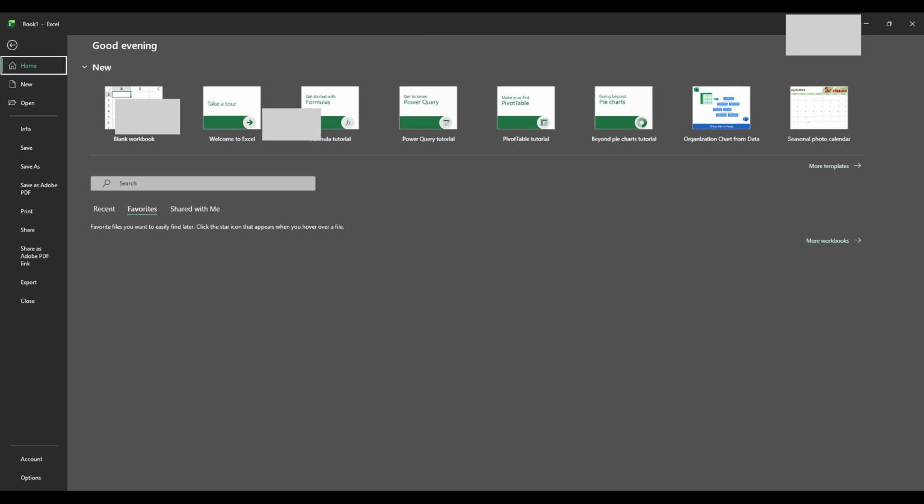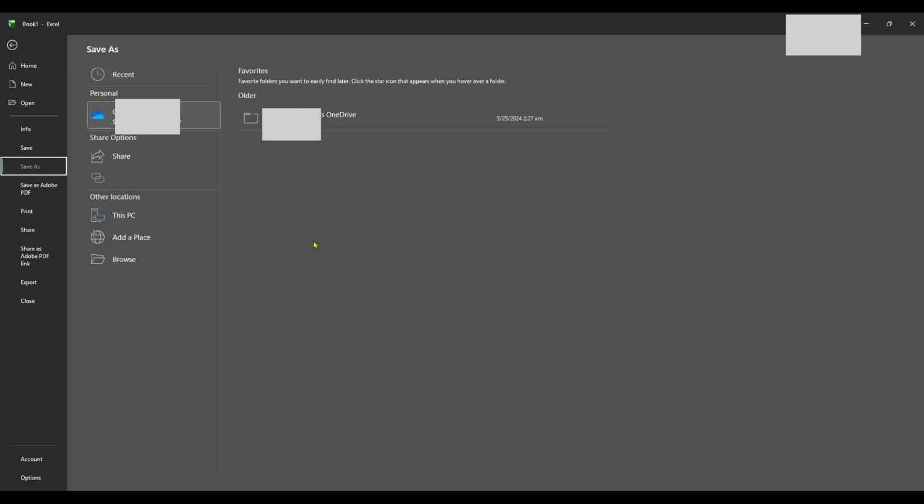Within the Excel Options, direct your attention to the sidebar on the left side. Here, you want to choose Save. The Save options are where you can customize how your files are saved and where. You'll see a section labeled Save Files. Take a look at the field labeled Default Local File Location. This is currently set to OneDrive by default, and that's what we're going to change.